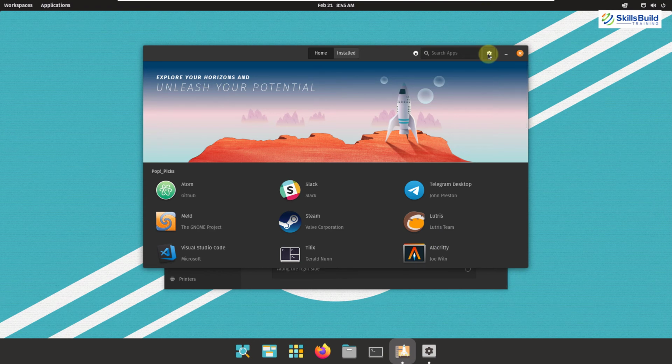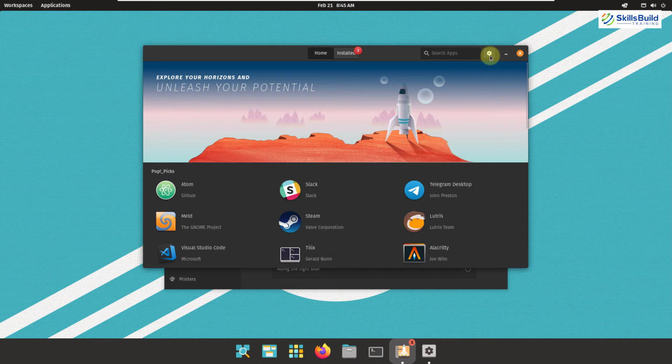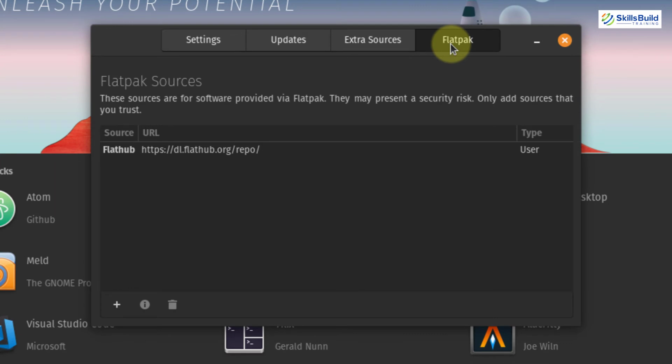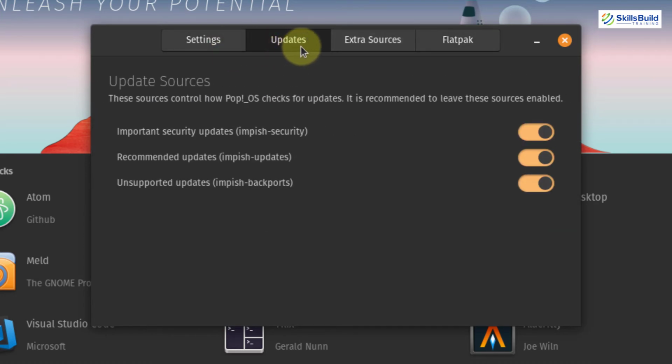So it means you will download a lot of things from their own repository. And now we have Flatpak support in Pop OS. Here you can see we have Flatpak section, so it means everything that you will download will be from Flatpak repository. Then you have your settings, you can update your system and you can look for them, and then you